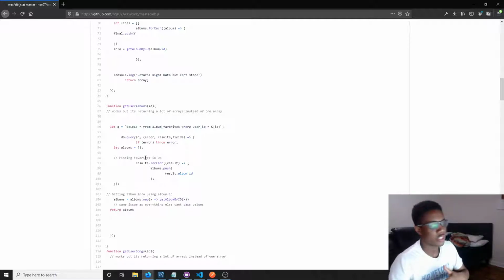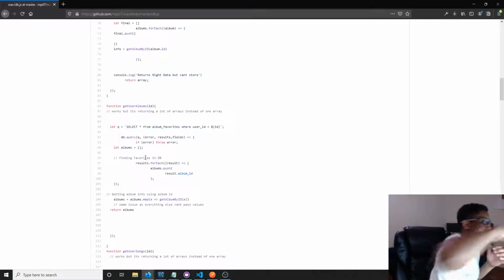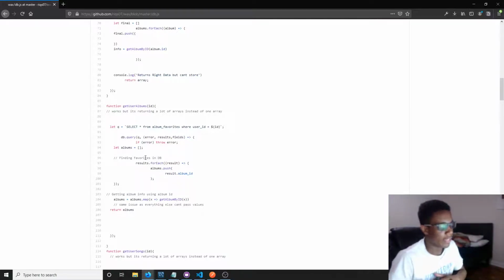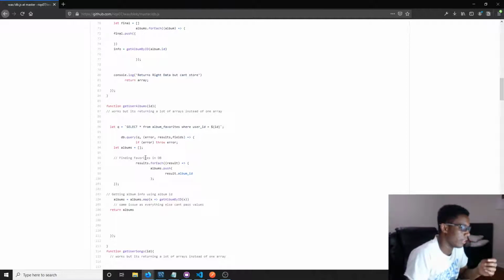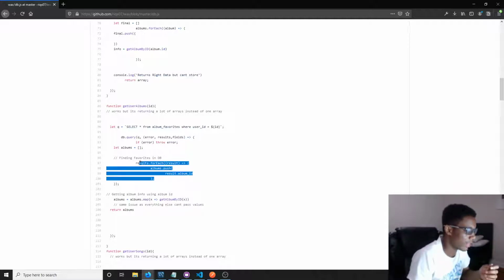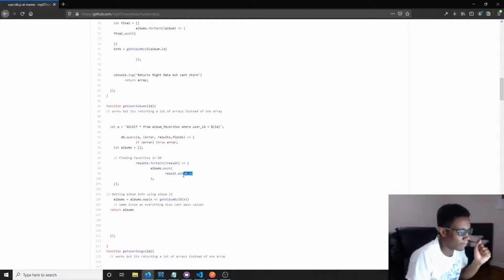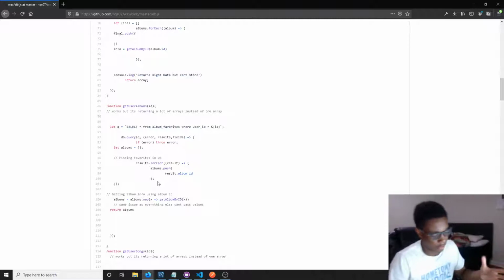So essentially all you need to do is pass in the user's ID. So let's say that would be 4. And then it would query all of the album favorites where that user has selected that album as a favorite. So it would return, and then this little handy dandy function would just pull out the album's ID. So this would return an array of numbers,